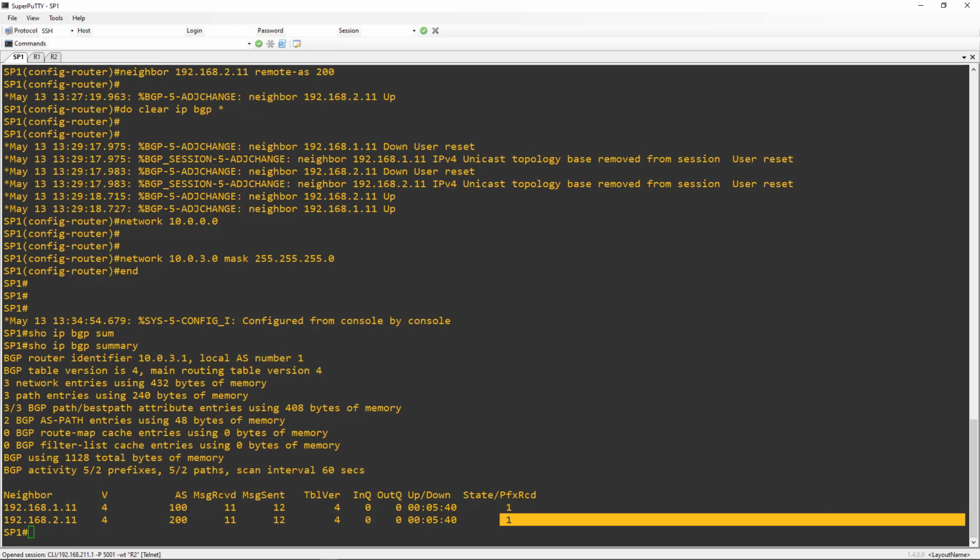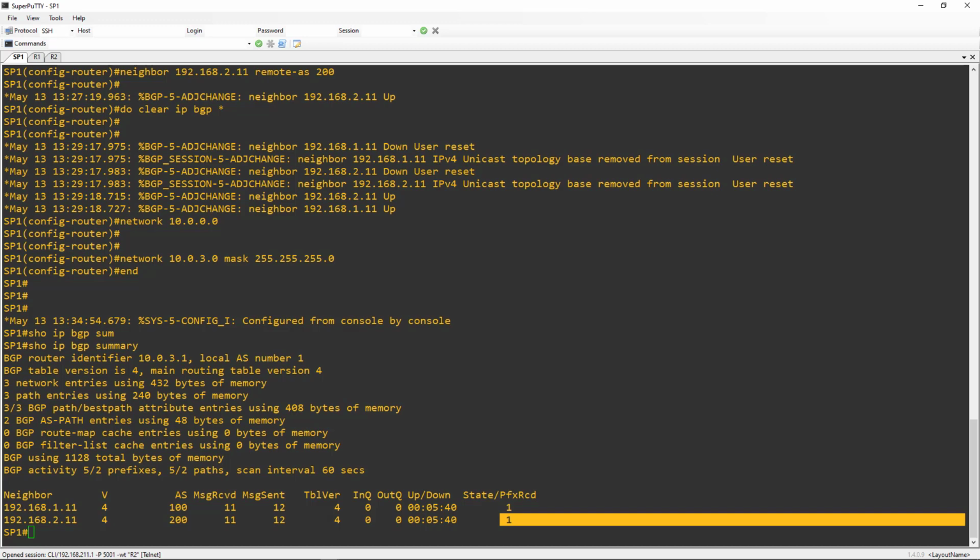So the router ID, the local autonomous system number, which in this case the router ID was derived from SP1's loopback interface, the table version number, that's going to increase each time that the database, the BGP RIB, if you will, is changed. In the second section here, we see the IP address of the neighbor, like I said, the BGP version number that's used by the peer when we're communicating. MPBGP would be another example where we might be running address family configuration, the number of messages, and so on,